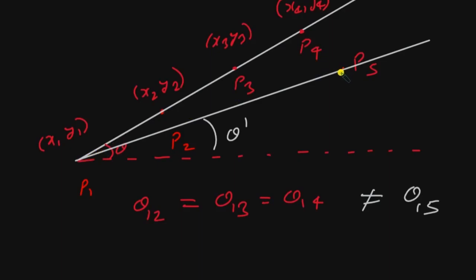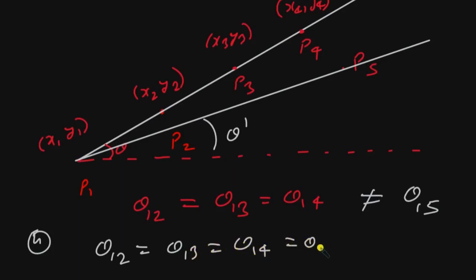As we can see in that case, if P5 does not exist, then P1, P2, P3, P4 form a line, but with P5 they don't. So we can say if we have n points, then the slope of 1, 2 should be equal to 1, 3 and should be equal to 1, 4, and similarly it should be equal to theta of 1, n. All the slopes should be equal. Let's see how we can find the slope.